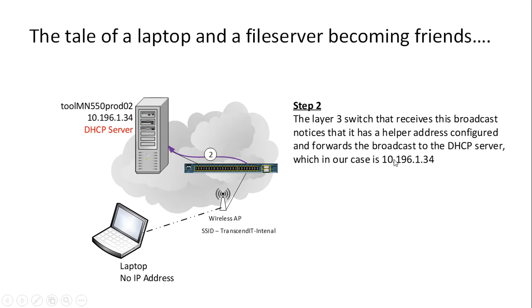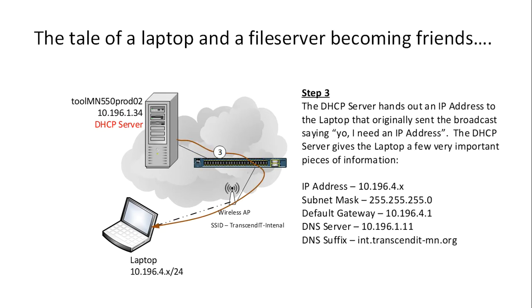So the helper address is set to forward that broadcast to a particular IP address, which is the IP address of the DHCP server. And at that point, the DHCP server says, oh, okay, I can actually do something about that. And the DHCP server gives the laptop an IP address of, now some of this stuff is going to sound a little arbitrary